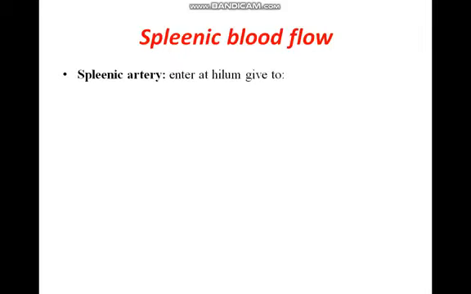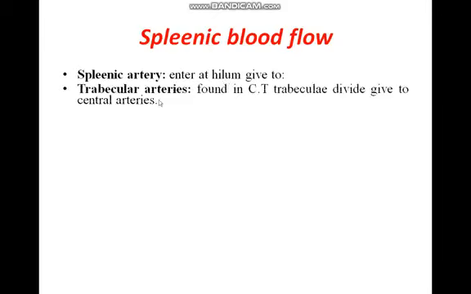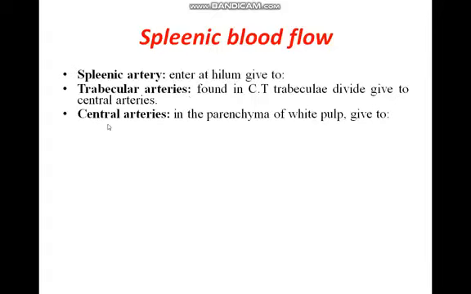Splenic blood flow: we have two types of splenic blood flow. First, the splenic artery enters at the hilum and gives rise to trabecular arteries found within the trabeculae. Then we have central